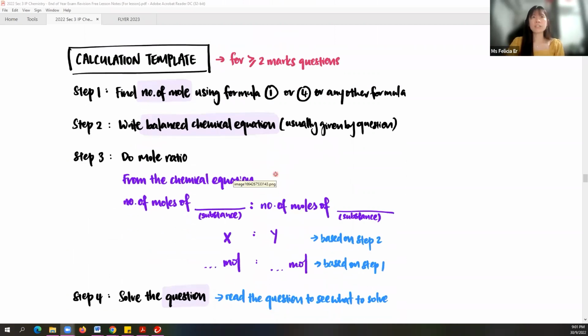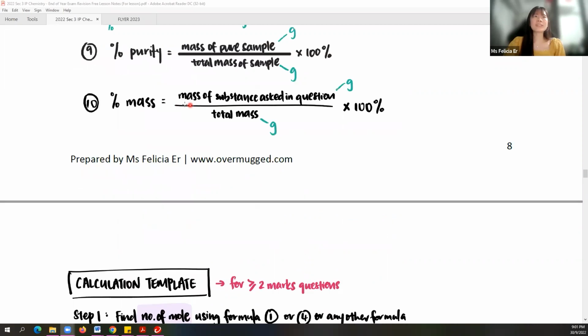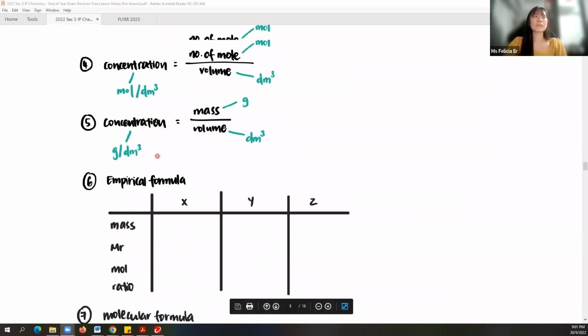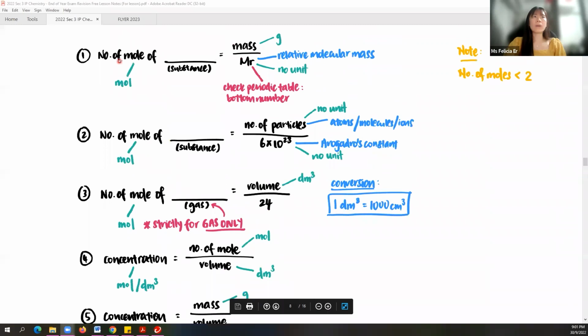So most of the questions will always follow this template. So you try to remember this template, okay? Because whenever you can't solve, you just use this template. Highly likely you can solve it, or even if you can't solve, you at least can get some method marks. Okay, so because this is a mole question, the first step is to find the number of moles. So the most favorite formulas that teachers like to test among these 10 formulas are formula number 1, which is mole equals mass over Mr, and number 4, concentration is